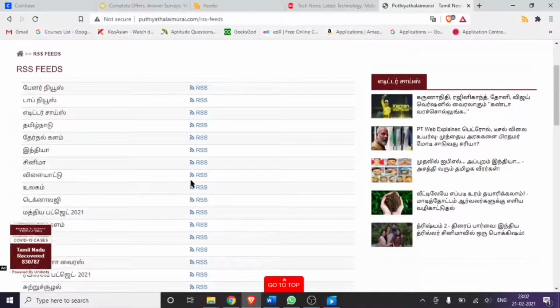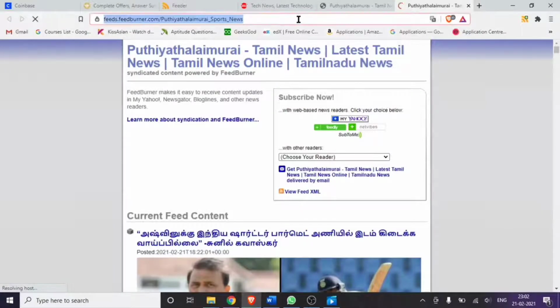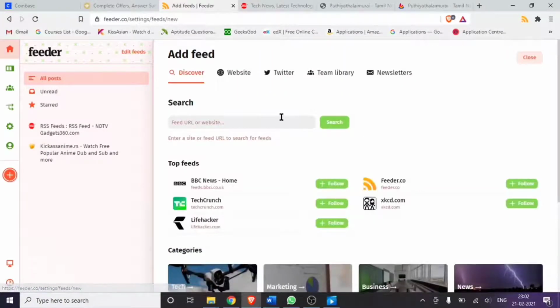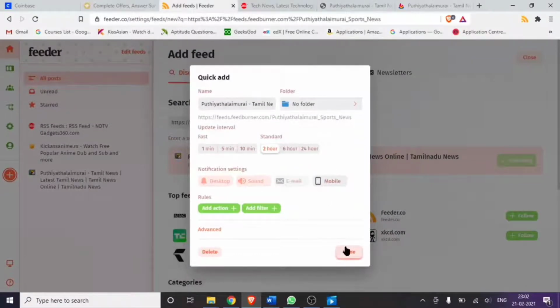Let's go for sports news. Here the XML file is not shown. Instead, we have a feeds.feedburner.com URL. Copy that, go to home, click plus, paste it and search. It shows Puthiya Thalaimurai sports news. Just follow it, and it has been added.